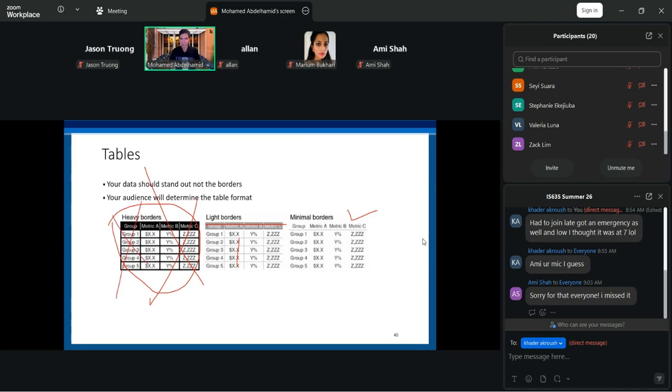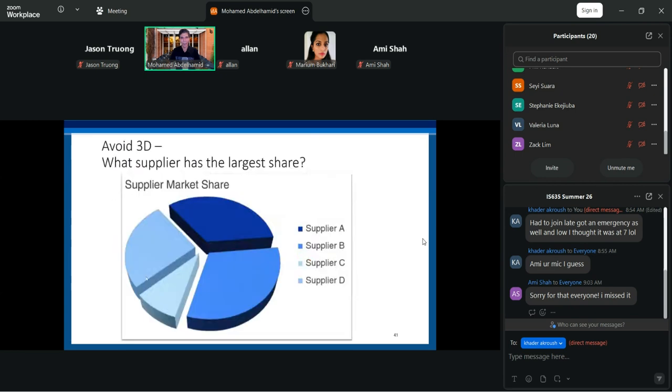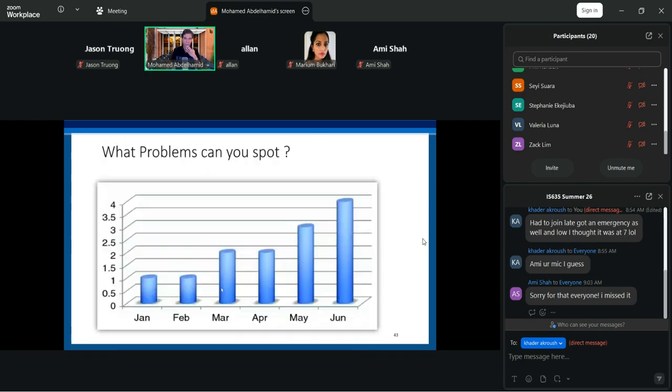Sometimes you could use colors for the numbers to highlight, let's say, an increase or a decrease. Those are called heat maps. Pie charts are not preferred because they're 3D in general. Also, they can make what's closer to you look bigger than what it actually is. 3D is also not